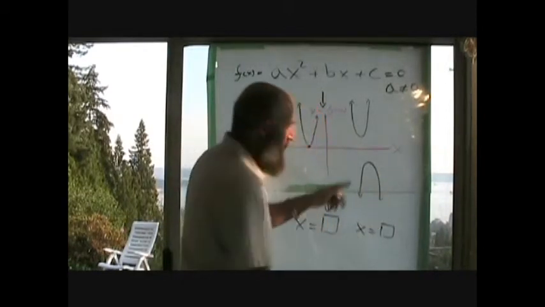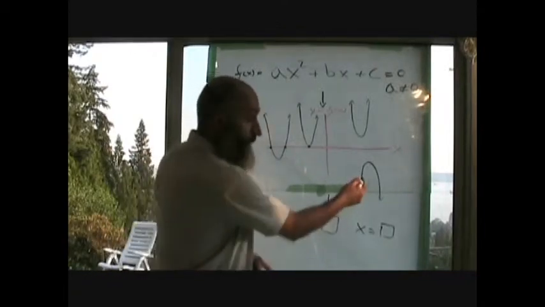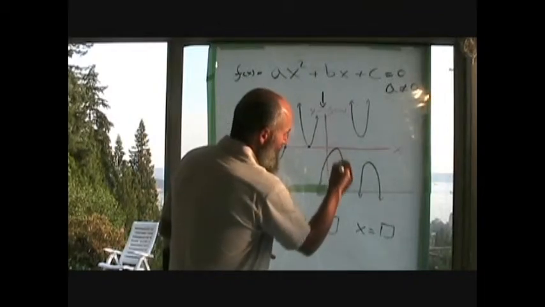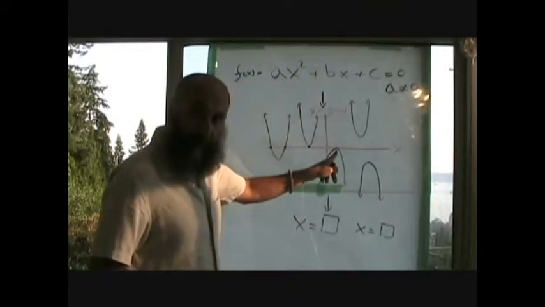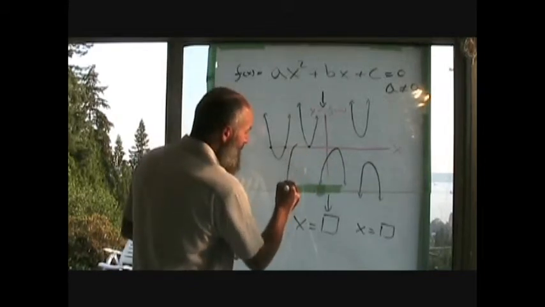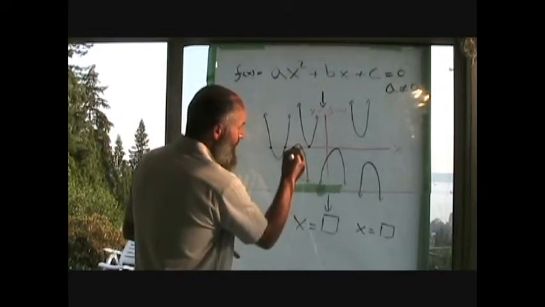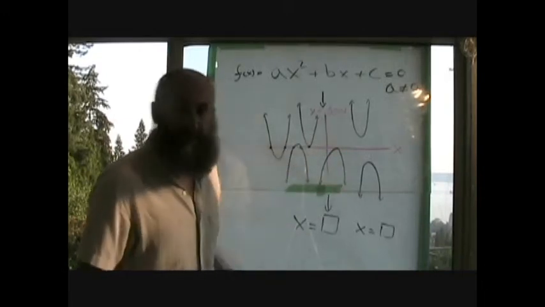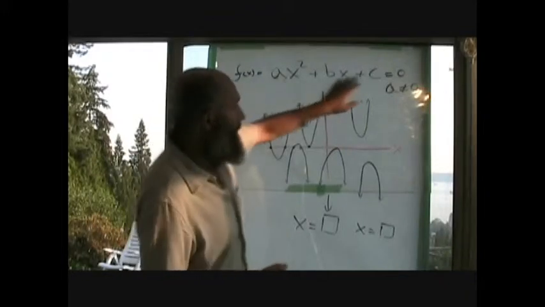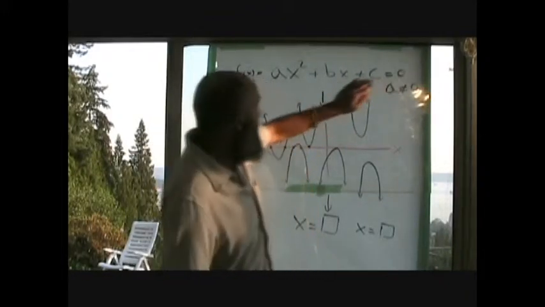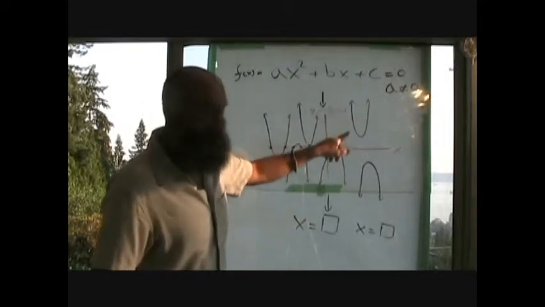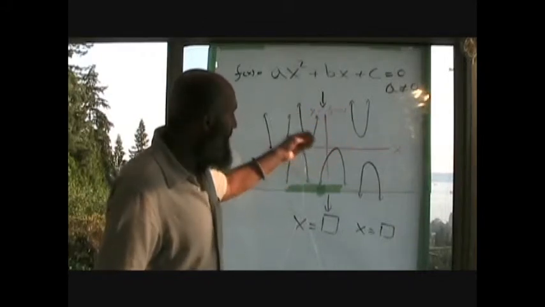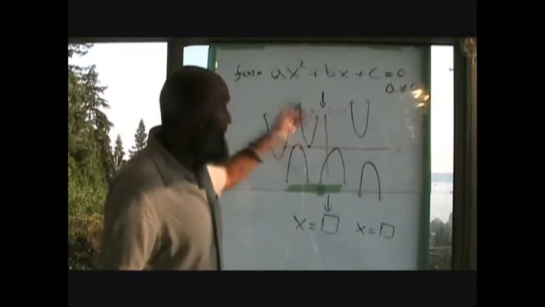So this one would be a quadratic equation opening down with no solutions because it doesn't cross the x-axis. This would be a quadratic equation opening down with one solution, one x-intercept, or this could be a quadratic equation with two x-intercepts, two solutions. Now when we get into functions, we're going to analyze these a lot more, specifically looking at the function part, not setting it equal to 0. So what we're going to do is analyze these functions and use completing the square